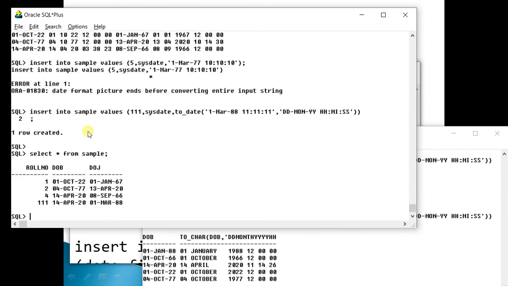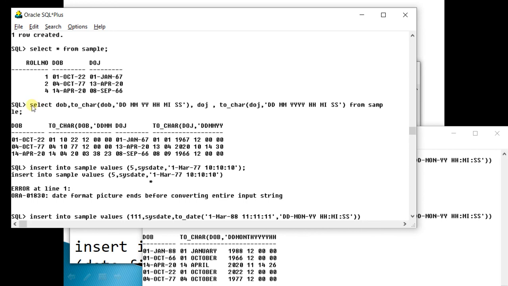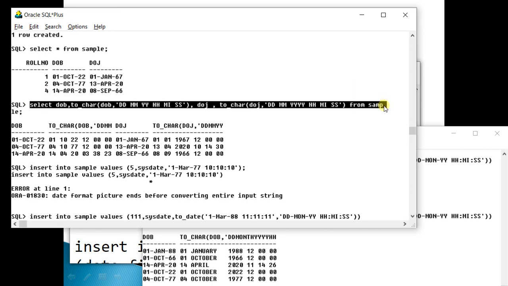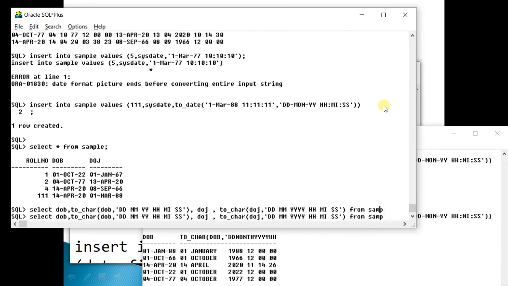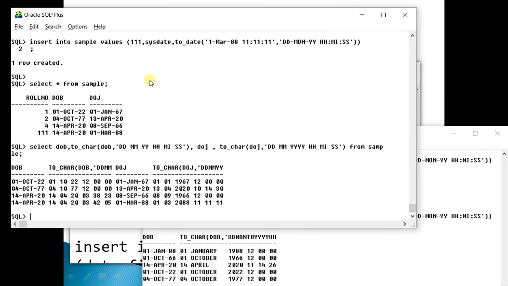After entering, one row is created. If you now type select star from sample again, you will not see the time. To see the time, we have to use that query again. Now you can see in the case of sysdate, this is the current date and this is the current time, and in this case 1 March 88 was a normal value, which I used with to-char.